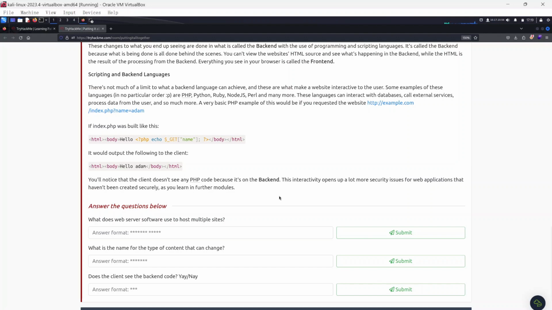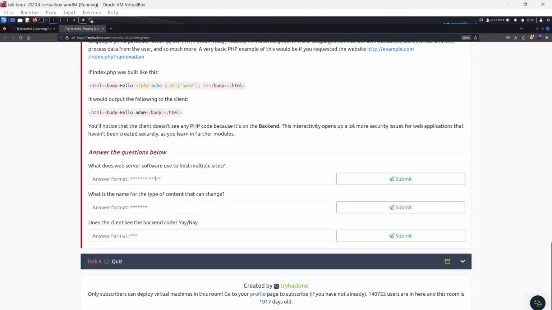This interactivity opens up a lot more security issues for web applications that haven't been created securely, as you'll learn in further modules. Okay, now what does web server software